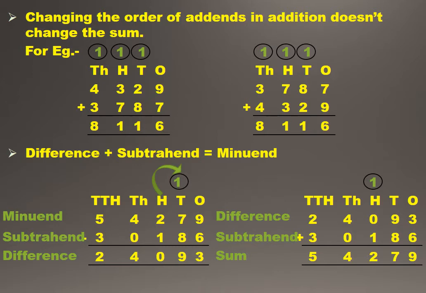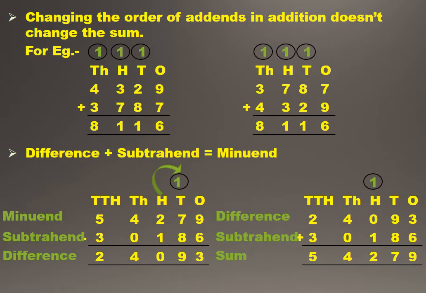Now, see on the next, I have changed the order of the numbers. The number which I placed on first place, that I placed here on second place, and the number which is on second place, that I put on first. By adding again, start from ones place. 7 plus 9 is 16. Place 6 on ones place. Carry forward 1 to tens place.